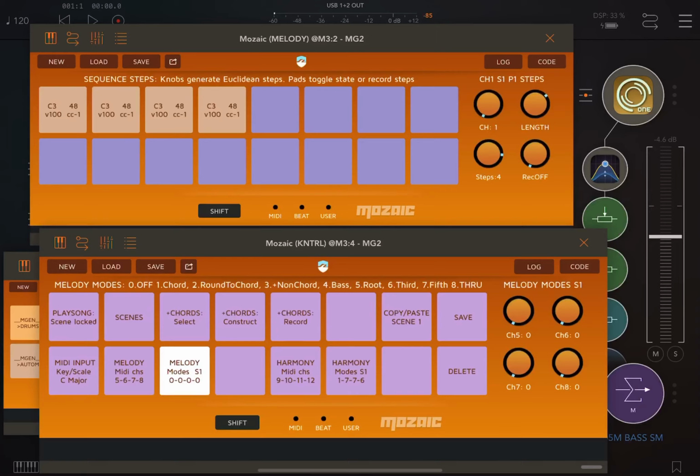So we hear nothing except just a beat for reference, and we can put in some steps here, and we still hear nothing. If we turn up our melody mode to 1, which is chord,